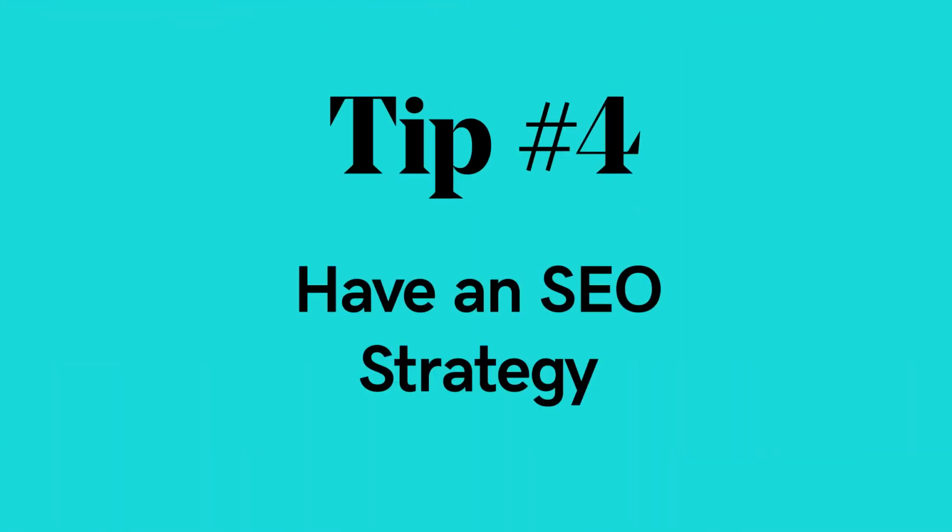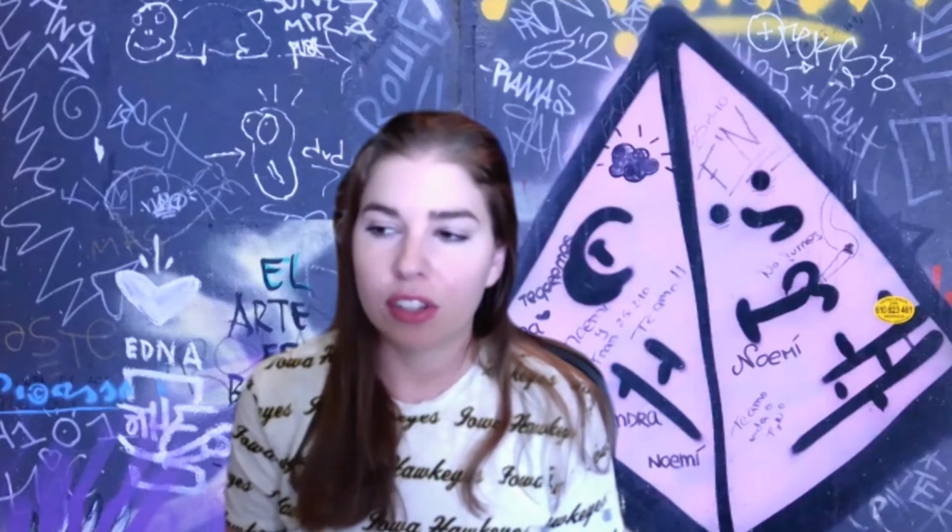Tip number 4, have an SEO strategy. Easier said than done, but one of the tools that I use that I really love is Ahrefs. It helps me do everything that I need to do with SEO on my site and for client sites. It lets you do keyword research. It's actually my absolute favorite tool for doing keyword research of all the tools that are out there. You can track the